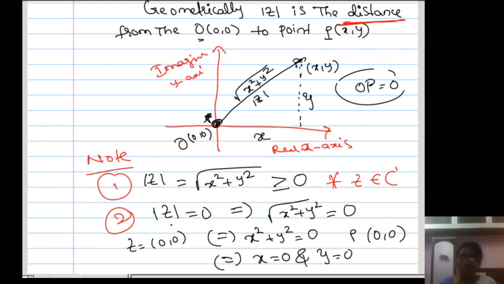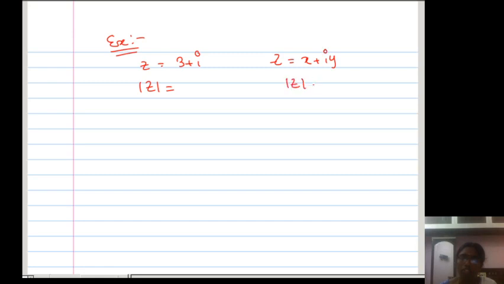So this is the note point and the theoretical definition of how to give the notation. Next we will discuss properties. You have one theorem and an example problem. Now tell me, suppose z is equal to 3 plus i, how to find mod z? What is the formula for mod z if z is equal to x plus iy? Mod z is under root x square plus y square.